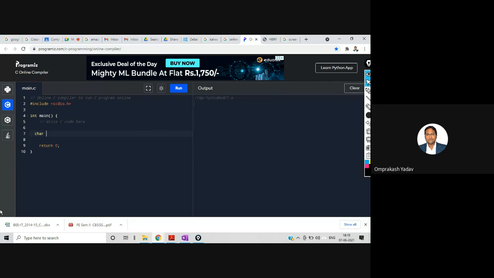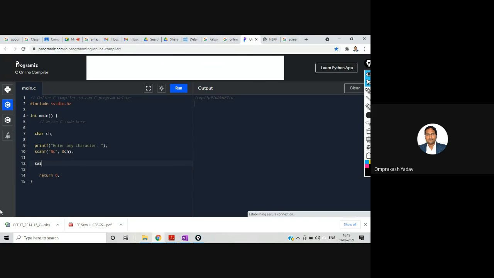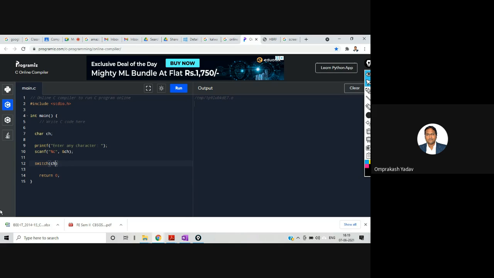So I'll declare char ch, okay? Enter any character, scanf. So I'll take %c ampersand ch, right? And then I'll switch based on the ch value. I'll write the case capital A, right?